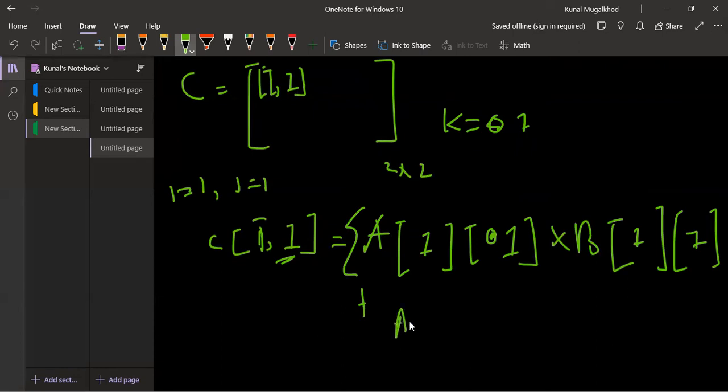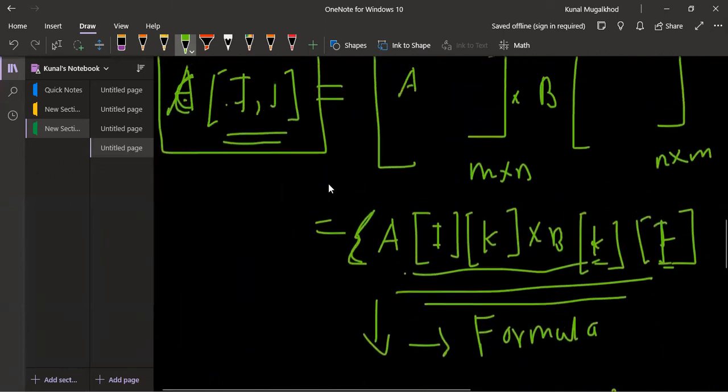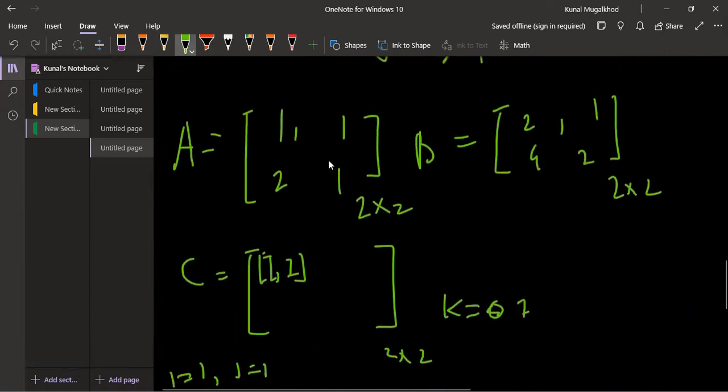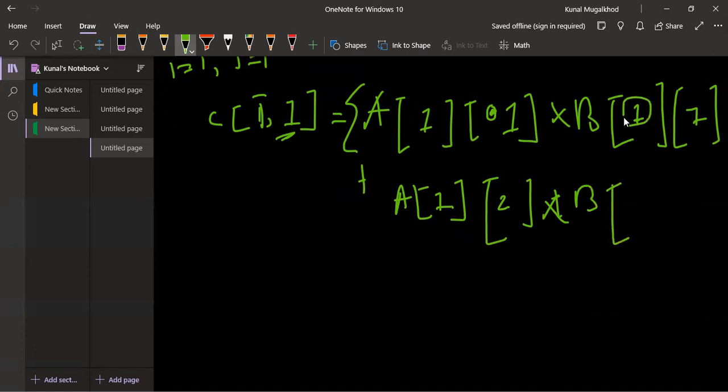Now a1 will remain the same because we are not changing the 1, and here this k is incremented because now we have to go to another element, so k will increment to 2, plus a1 into b, this particular value will increment because this is the k value, so this will be 2, and then this will remain the same.